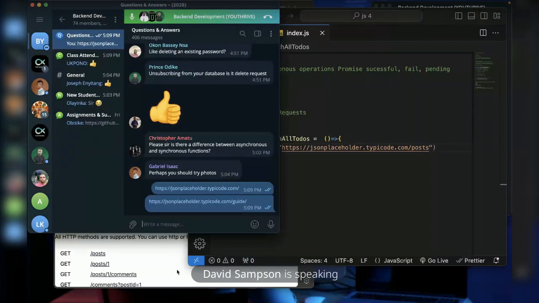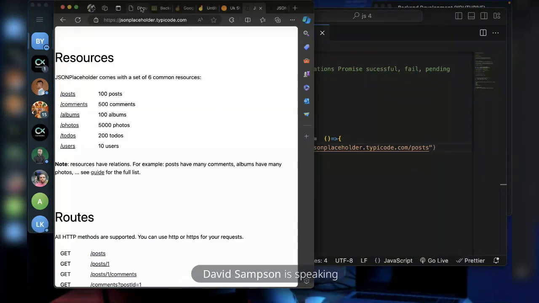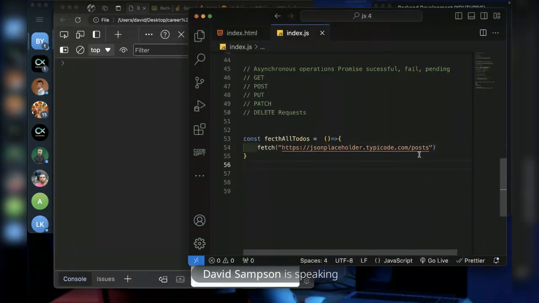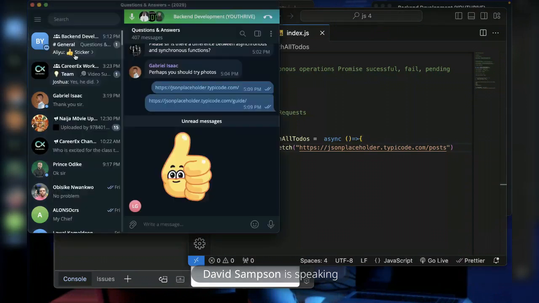So if I come back, let's be sure, I'll clear this, nothing is showing. So this request is running. But like I said, the professional way is to indicate that this function will take a while to finish, and you need to say, I wait for it. So wait for it to come back before you run the next line.